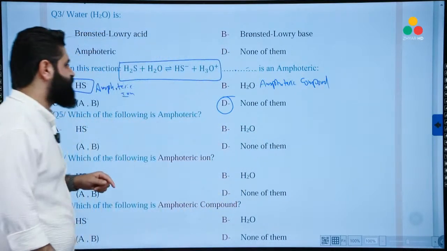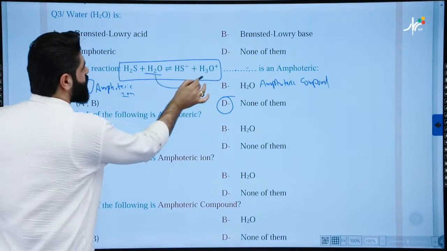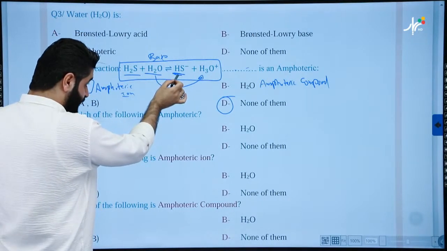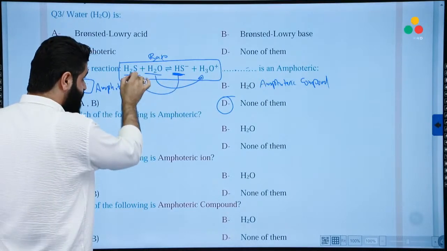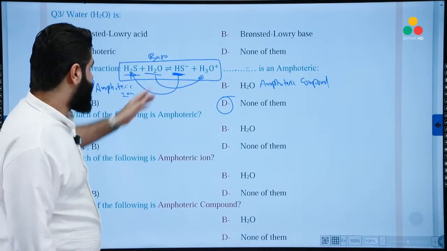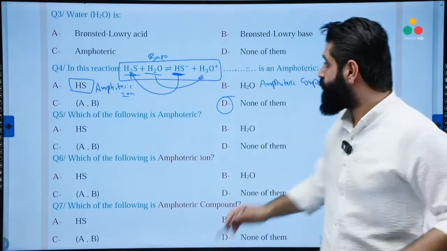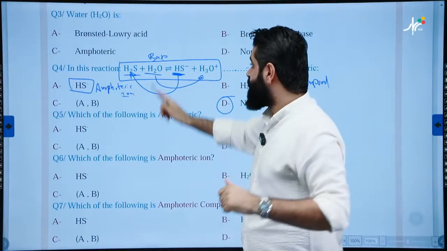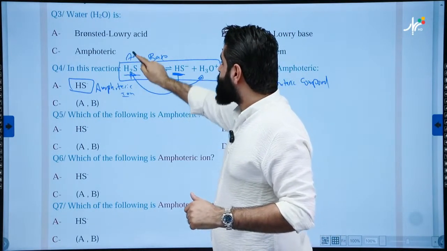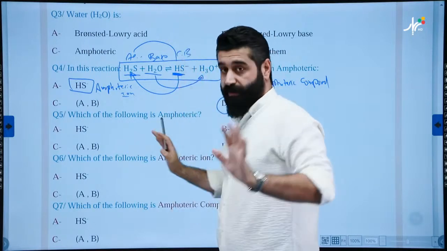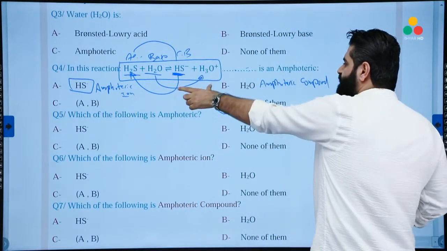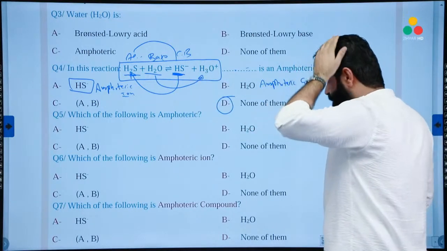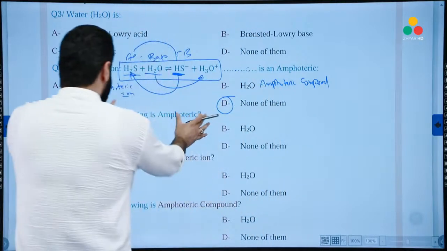But because we have a reaction, in this reaction H2O is a base. And look at this: HS- has been converted into H2S, so it's also a base. So both are bases in this reaction based on the donors and acceptors. If you remember, this is a base, this is an acid, so this one will become a conjugate base. Be careful with this. Both are amphoteric substances, but because we have a single reaction, we don't know, or there is no amphoteric, but if I remove the reaction